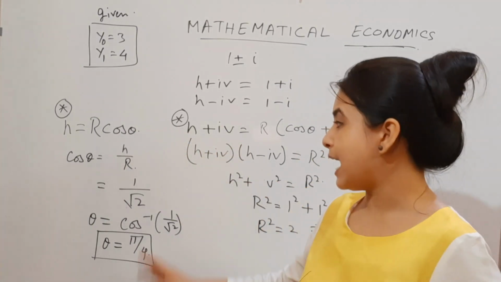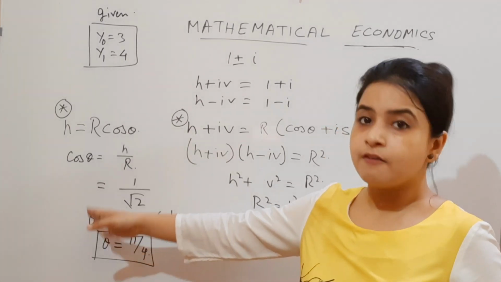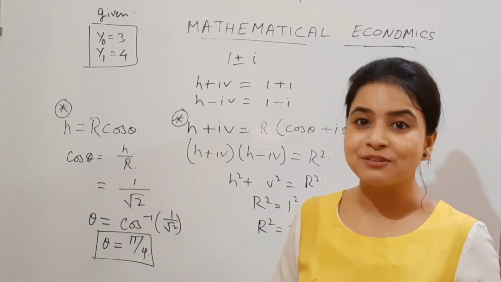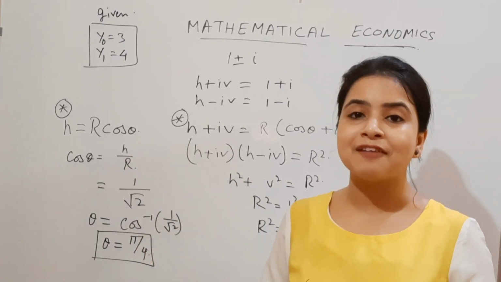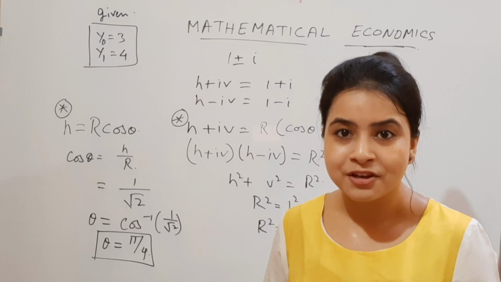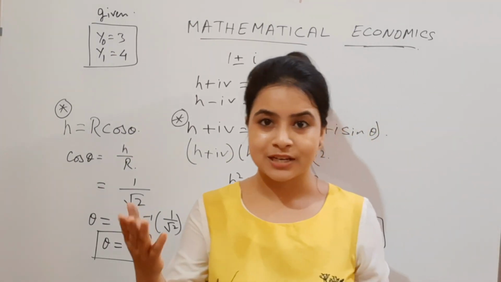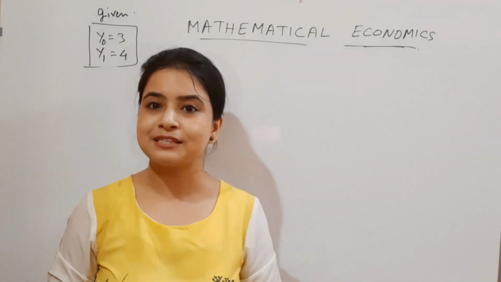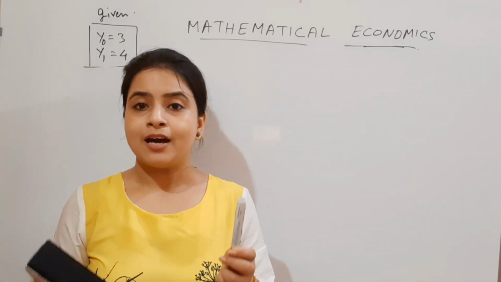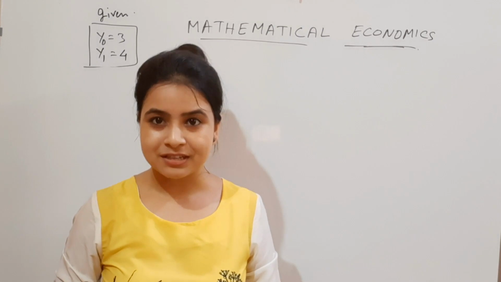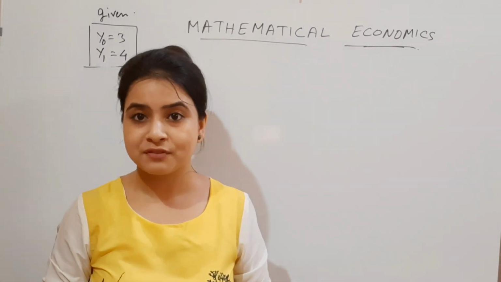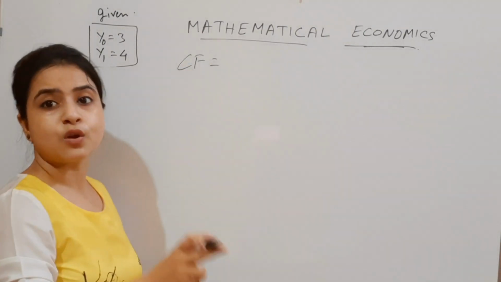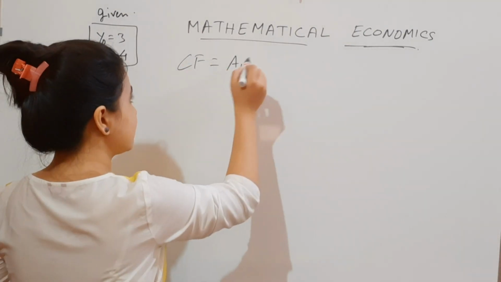Alright. So we have the value of theta. We have the value of r. Now all we have to do, we have the ingredients. We just have to cook and serve the final solution. So let's move. Alright, since now we have all the parts, that means I have already told you we have the ingredients, we only have to substitute in the complementary function. So let's do it.